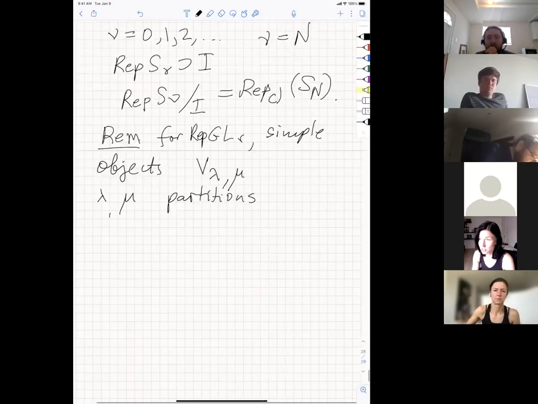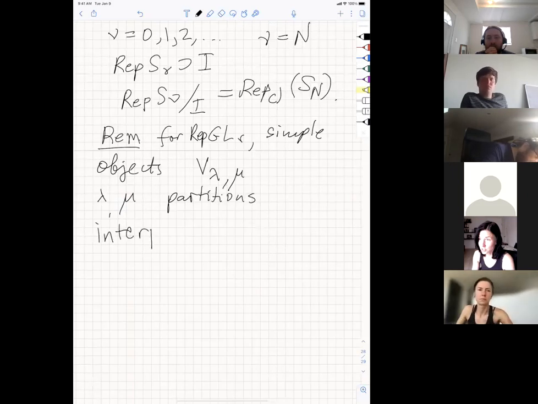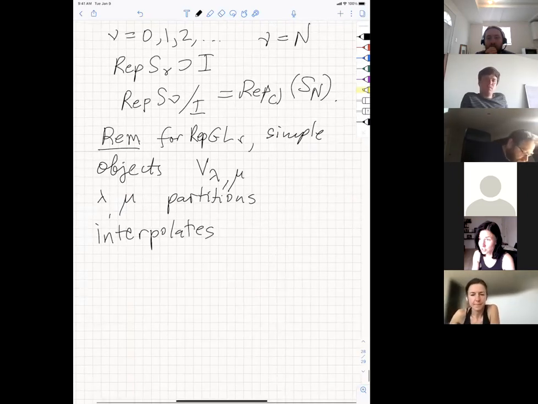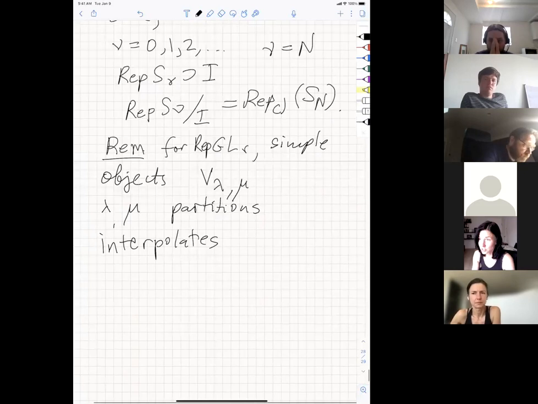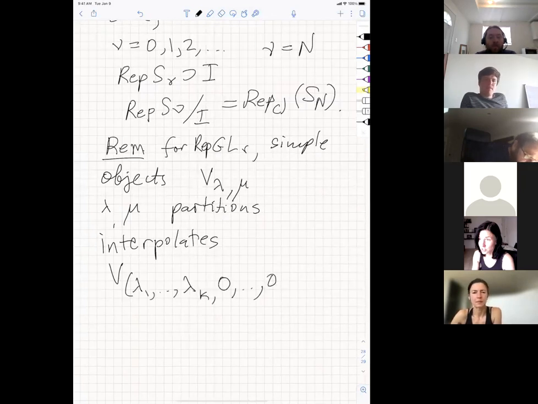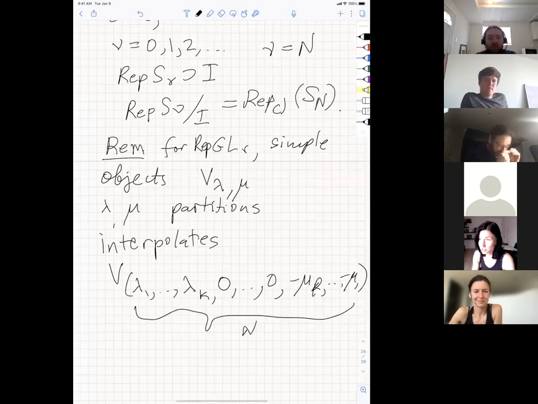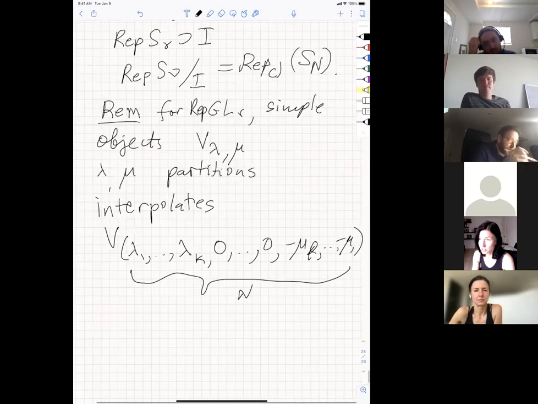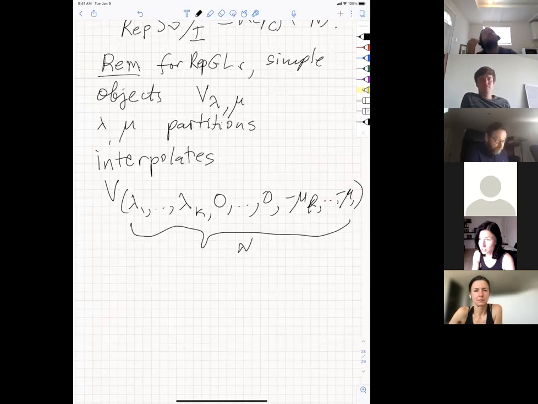So this interpolates the irreducible representation of GLN with highest weight lambda 1, ..., lambda k, and then many zeros, and then minus mu l, ..., minus mu 1. And this whole length is capital N. So if you have any two partitions, then for large enough capital N, you can form a weight for GLN,